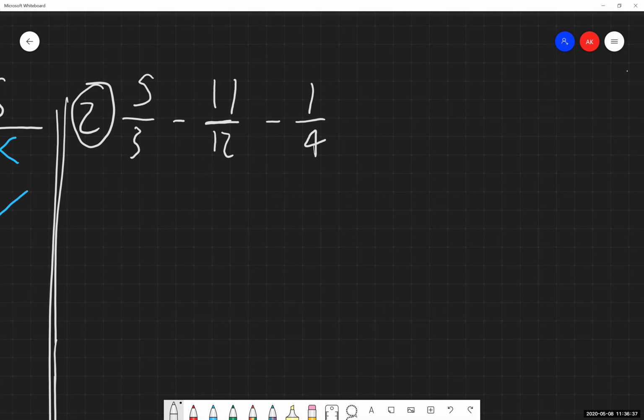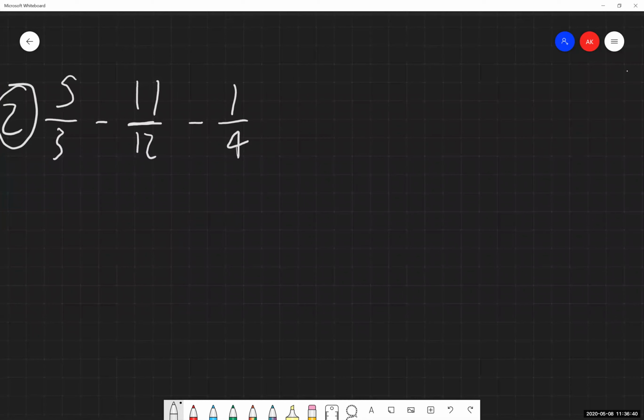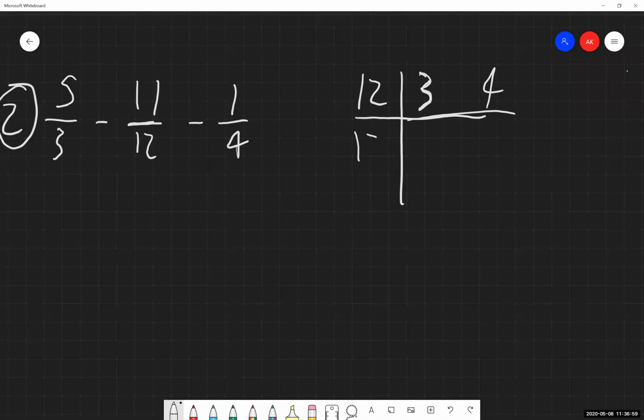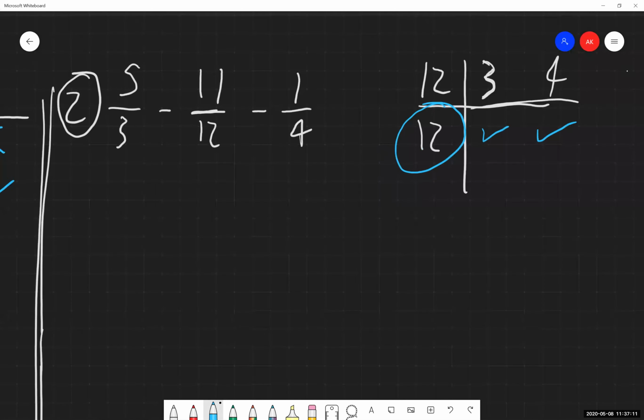So again, I'm going to go through the extra step process we've been showing you using this other method. I want to find the lowest common denominator between 3, 12, and 4. It's a method that I find really helpful. It's a lot faster, I think, than listing everything out for all the numbers. So starting with 12, does 3 evenly divide into 12? Yes, it does. Does 4 evenly divide into 12? Yes, it does. So we've got our lowest common denominator right there, which is nice.